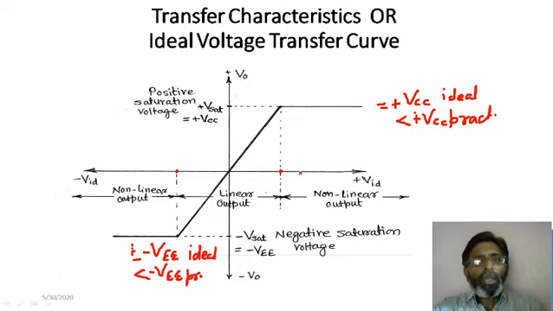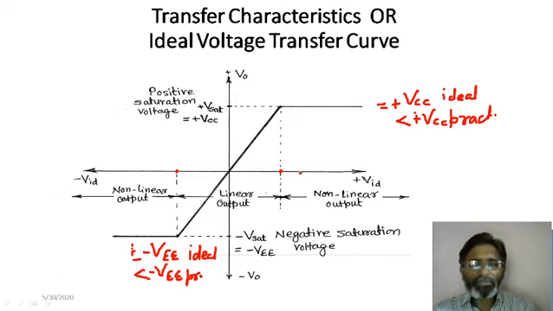Now another important point in this case is, if the op amp is operated in the linear output range, then in the circuit it is known as a linear application of op amp. And all linear applications of op amp are basically related to amplification. Whereas if the op amp is operated in the non-linear region, we call it a non-linear application of the op amp, and those applications have some other purposes, like we can use op amp as a comparator, or there are some other applications.